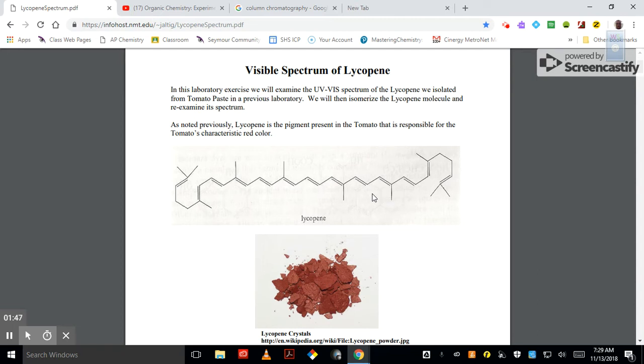So the way we will extract, we will just do an extraction. You'll take some tomato paste and you're going to add a mixture of materials to it. It's going to be a combination of acetone and something called petroleum ether. And it's a very low boiling point petroleum ether. When you extract, you'll just mix your petroleum ether with this, and through a little process that we'll talk about in a minute, you'll extract the lycopene from the tomato